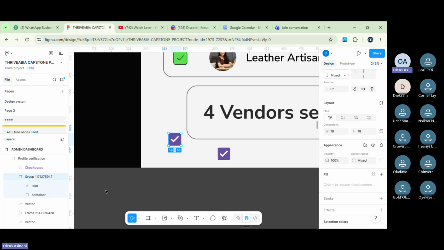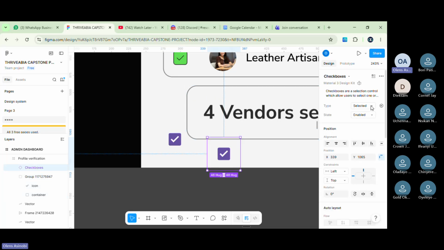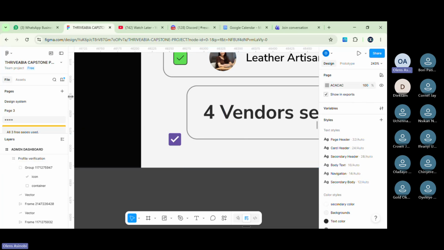I think this is better. Now you see, when you bring it in like this, if you look at this component, you can change it from selected to unselected, and it will just naturally add the stroke for you, before you start detaching the component. If you watch that video that I sent you on component properties, you are going to understand this thing much better. So for you to understand it, you have to watch the video that I was talking about earlier on. You understand me?